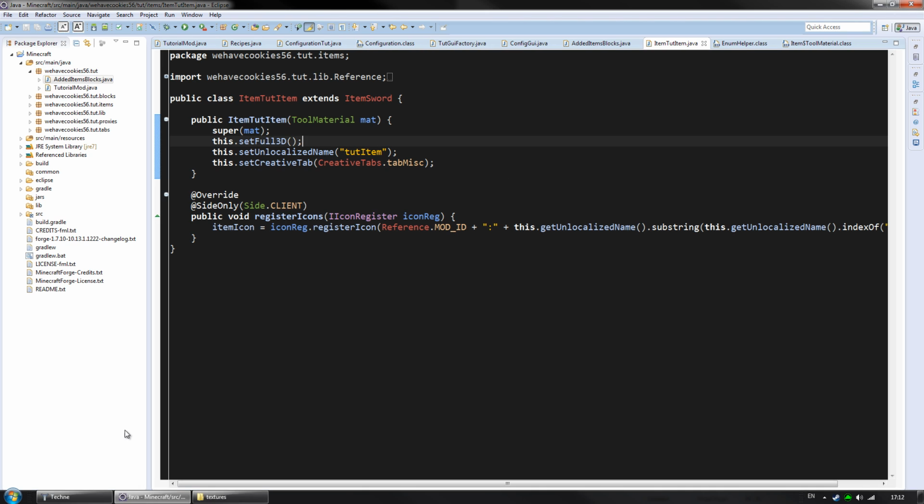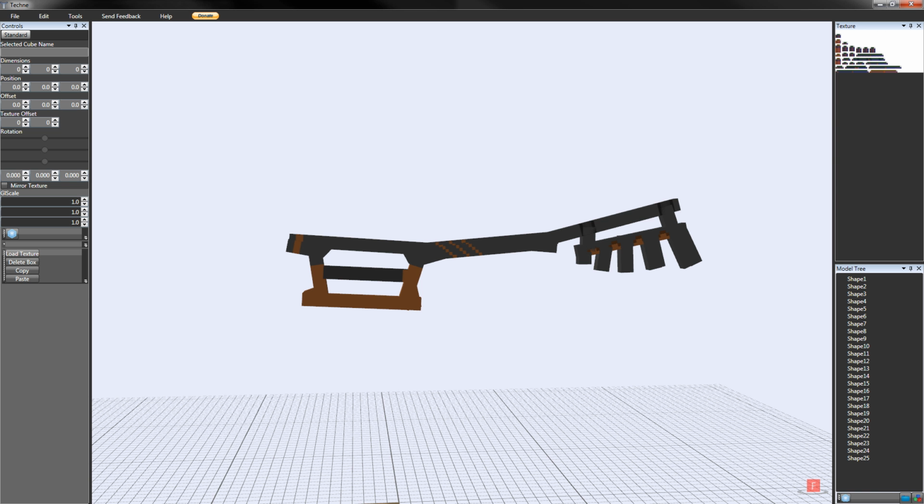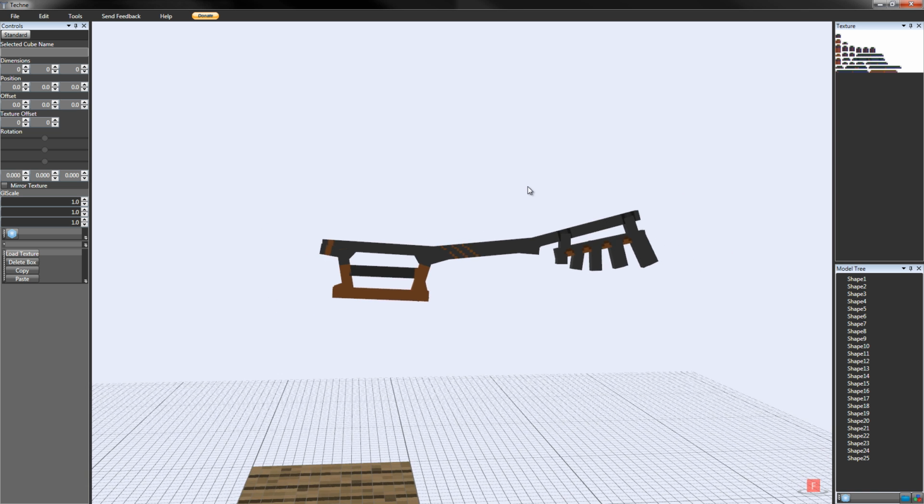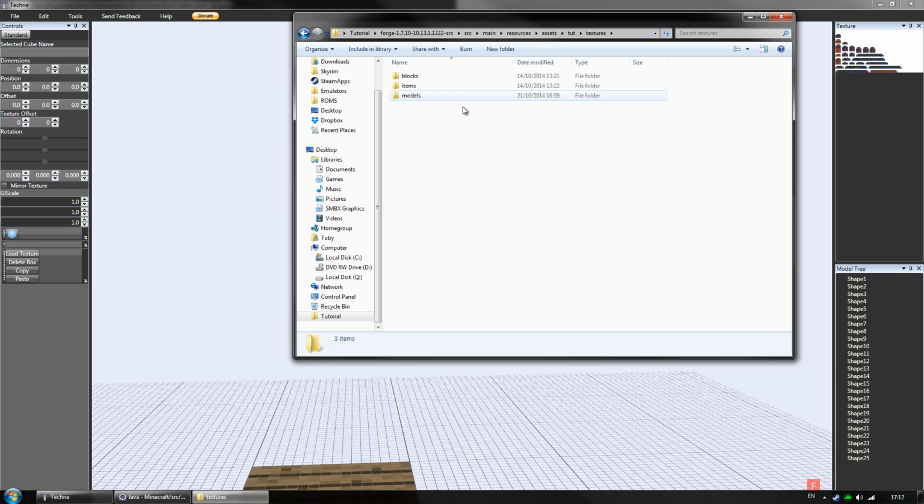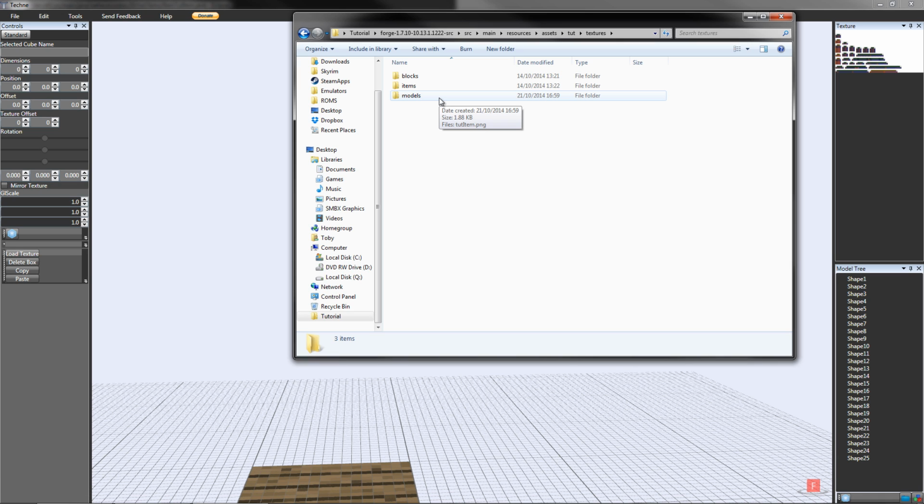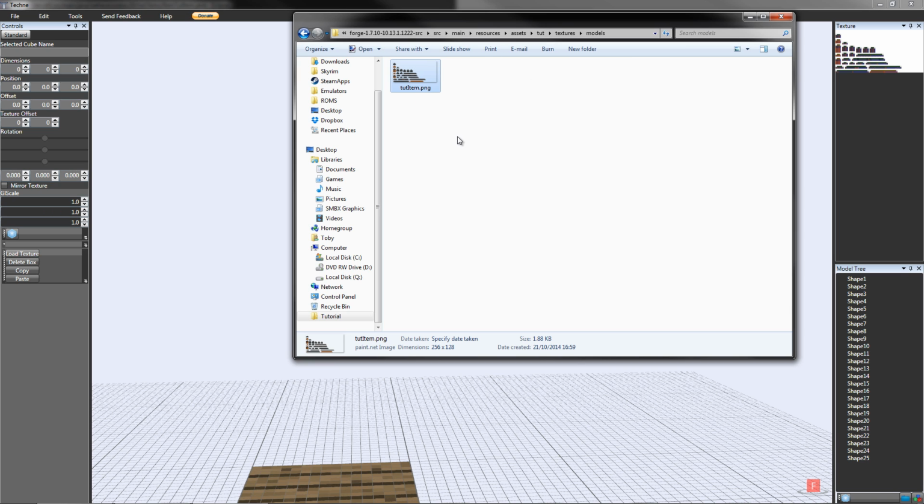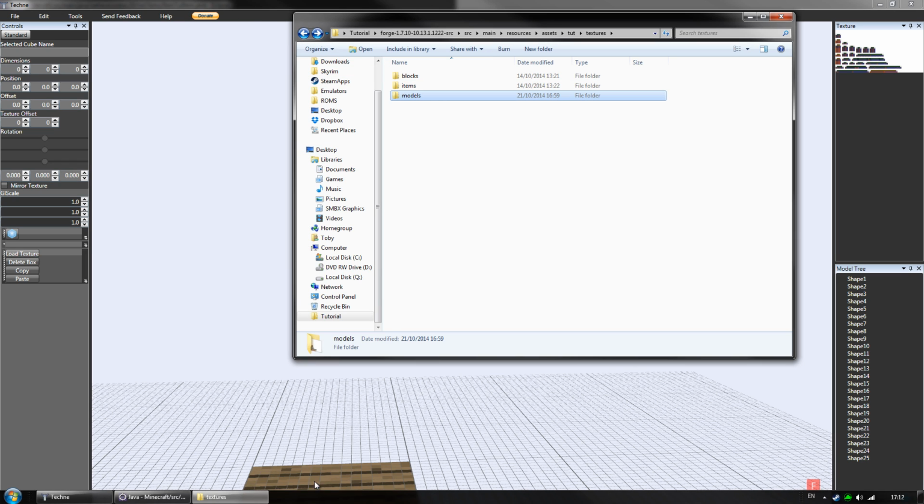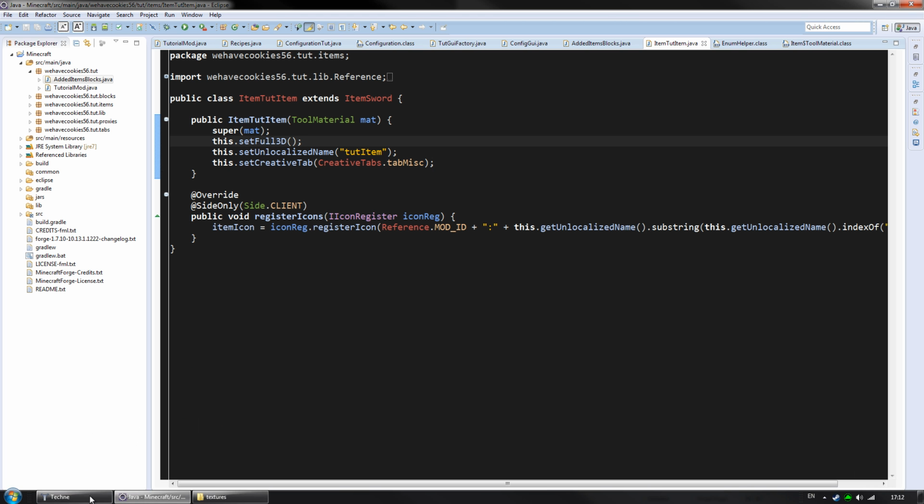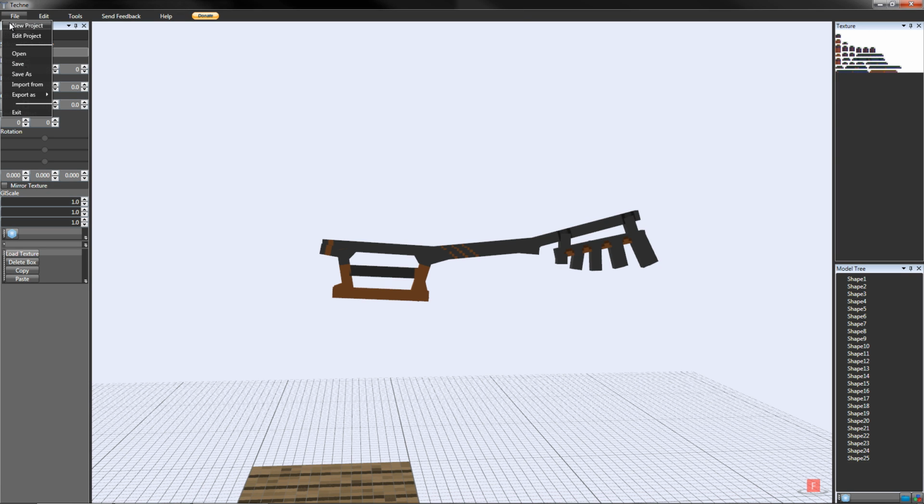Then we also need a model, which I have got up here. I'll be using my Wayward Wind model, and I have made a folder for the texture called models. You can call this whatever you want, and the texture is called tutitem.png. So that would be important. We need to know that path, because that's what we will be using for the model. So with our model, we need to export it as Java,